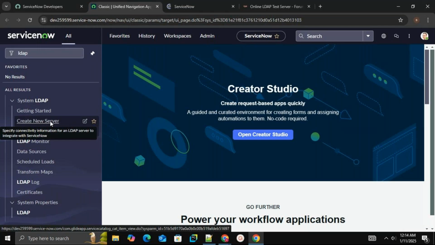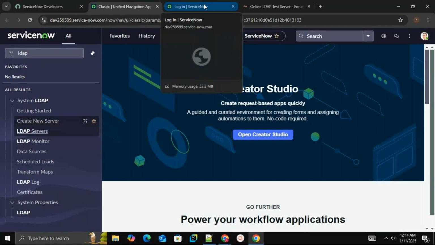So what is the LDAP full form? Lightweight Directory Access Protocol. In order to get the users data into ServiceNow, we can test the details of users which are there in the LDAP test server. So when you click on this server, it is